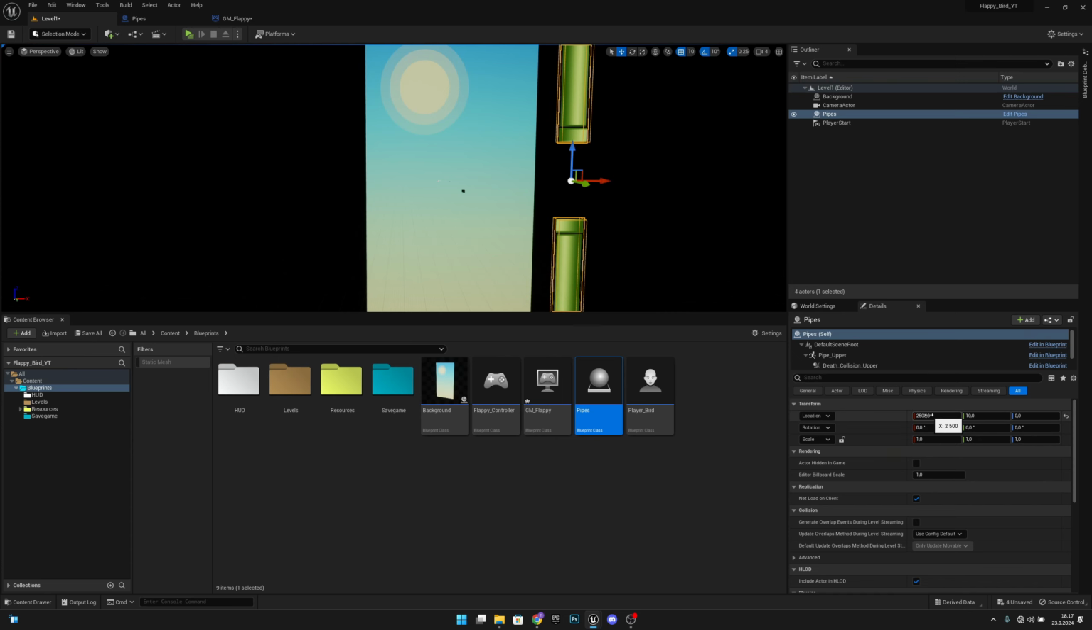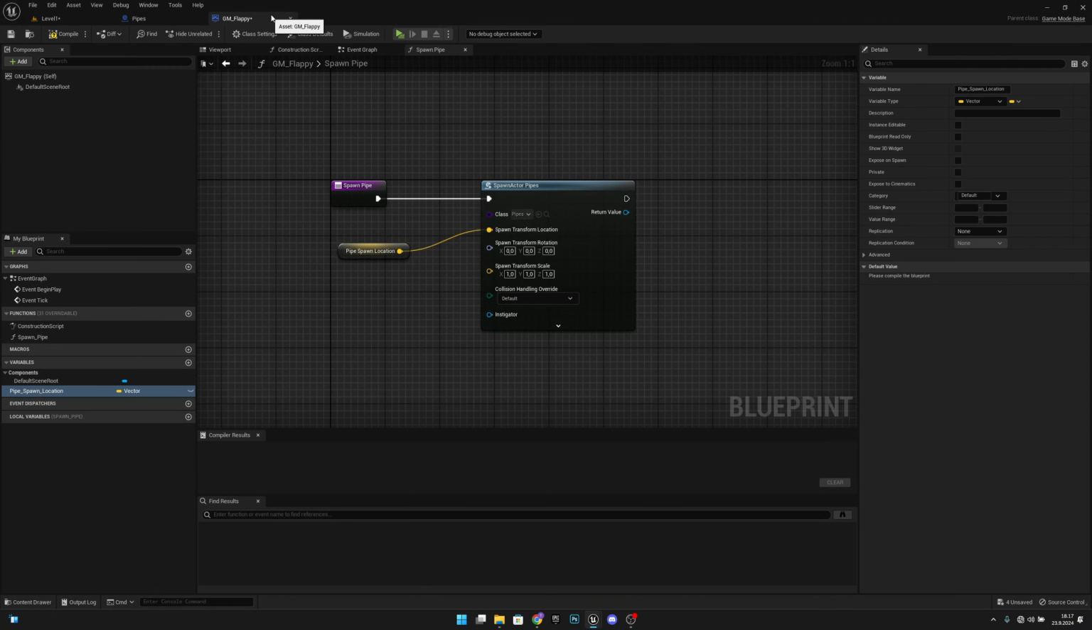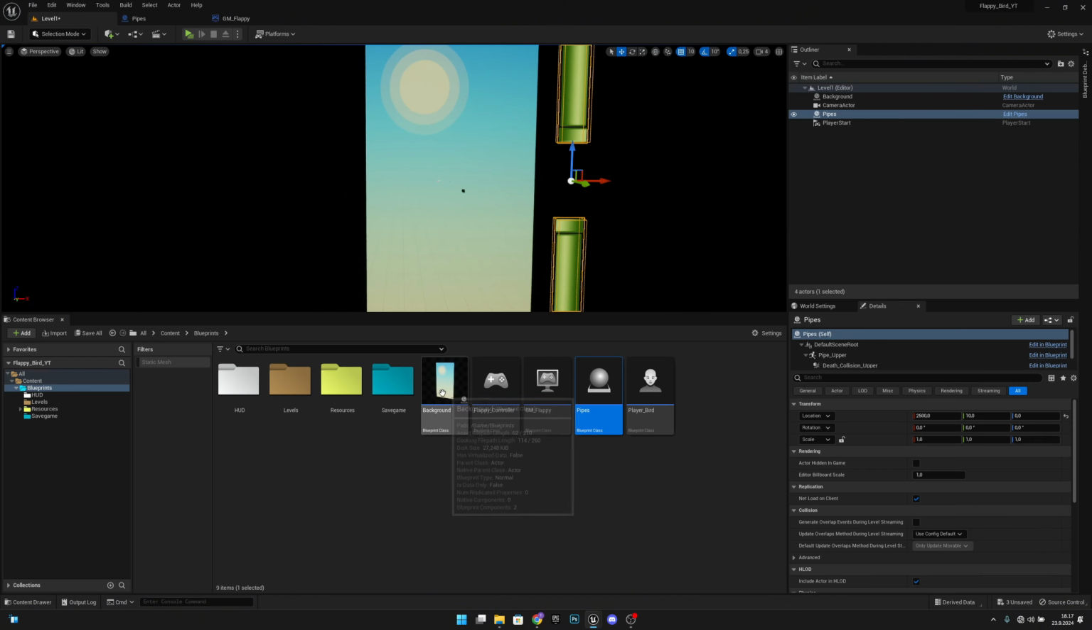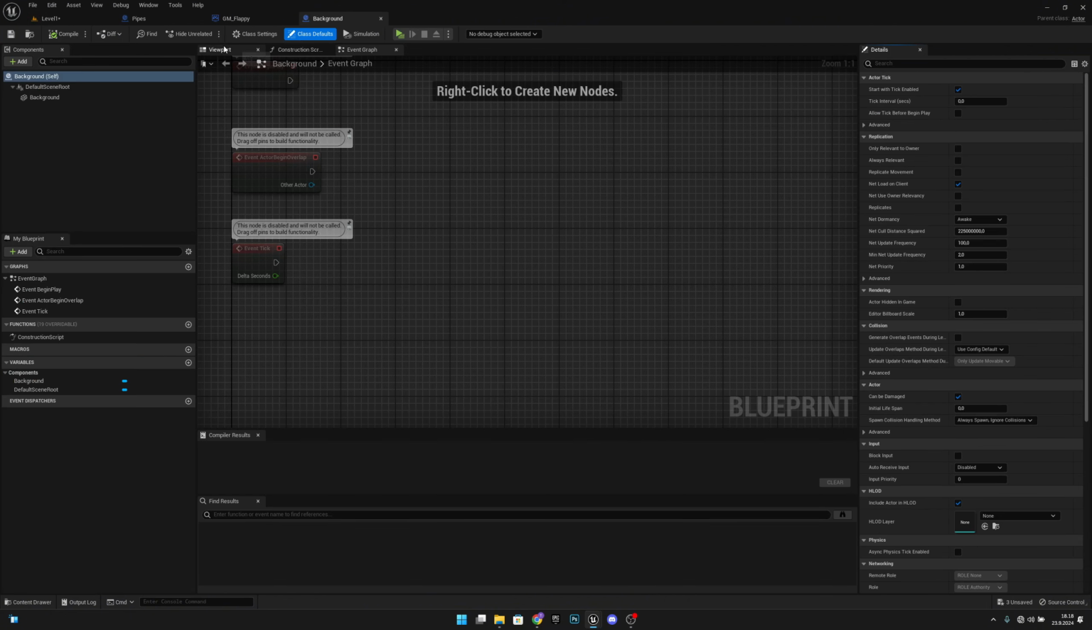So, 2500 units on the X. So, let's go to the GM Flappy and let's set the pipe spawn location. Actually, we have to compile first. Compile. X, let's set it to 2500, and Y, let's set it to 12, because I will show you quickly. So let's compile, save, and here on the background blueprint,